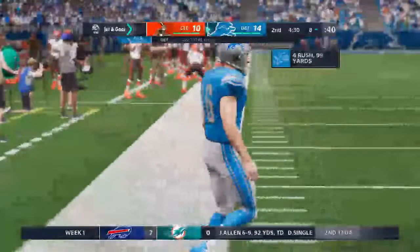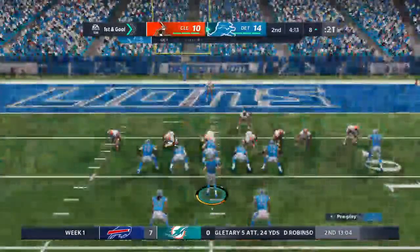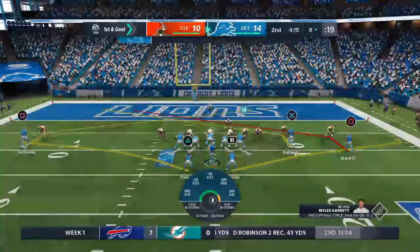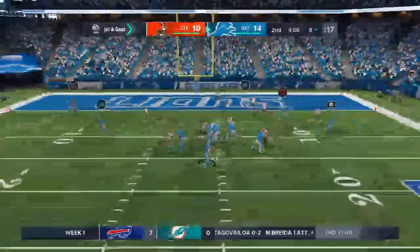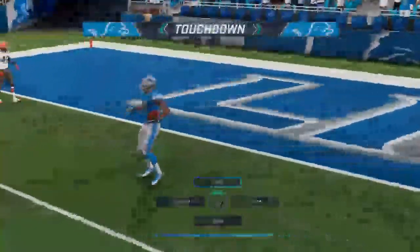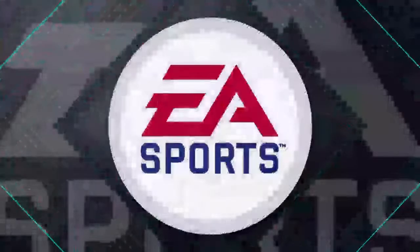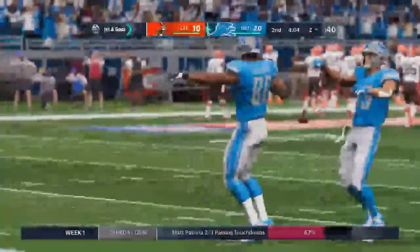So he wanted to pass it, but that thing turned out much better. And the crowd really responded, didn't they? They always like it better when the quarterback who's scrambling around actually takes off and runs downfield, and that's exactly what he did. And he takes this one in for a Lions touchdown. From 8 yards out, and the Lions are able to...